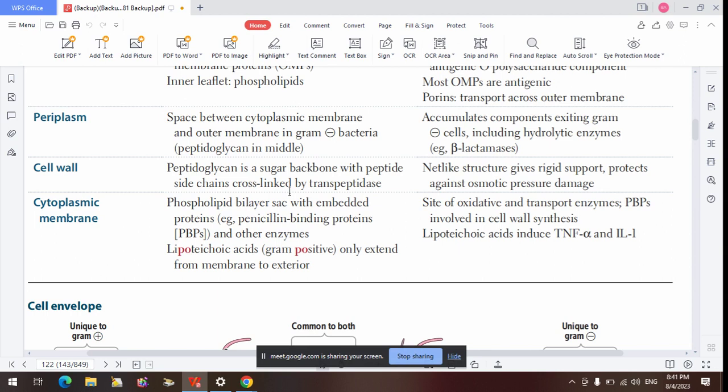The glycan component is actually N-acetyl glucosamine and N-acetyl muramic acid. This is something we should know, because we'll appreciate that as we move on. So N-acetyl glucosamine and N-acetyl muramic acid make up the glycan component, while the peptide is just a sequence of